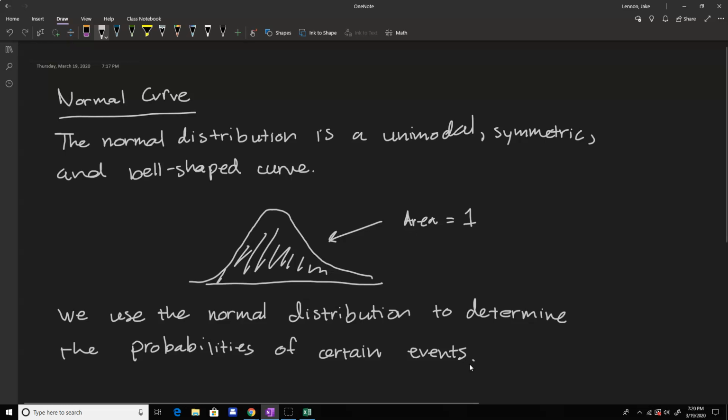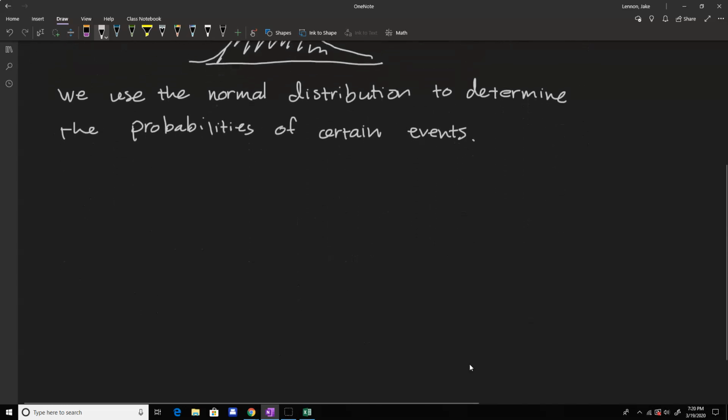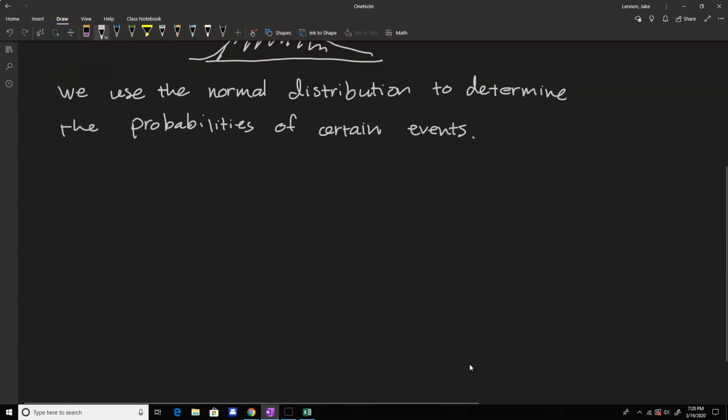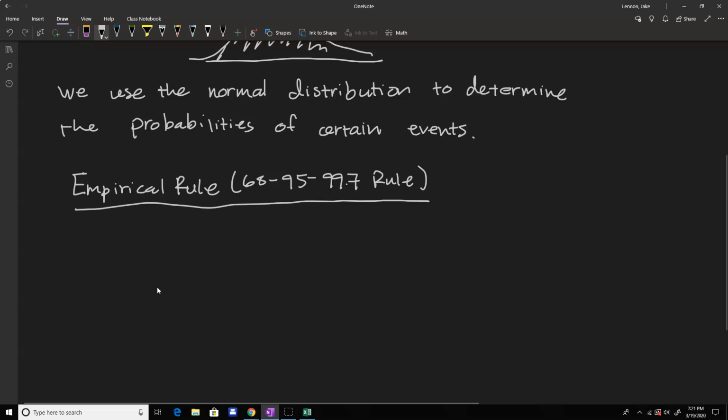There are a lot of computational tools and tables that will show you very, very precise areas and percentages, but we're just going to look at what's known as the empirical rule, which gives us basically probabilities for percentages that arise frequently in practice. So the empirical rule, as it's known, or also the 68, 95, 99.7 rule, because those are the probabilities that arise, says what? It says, given data that behaves according to the normal distribution,